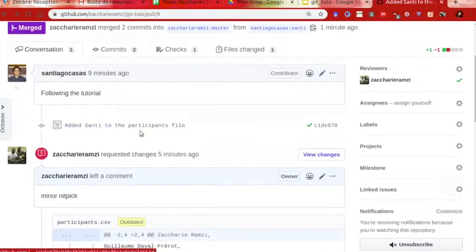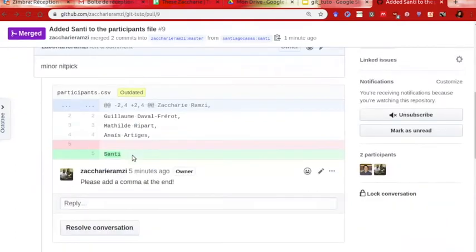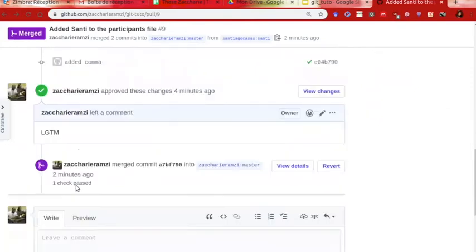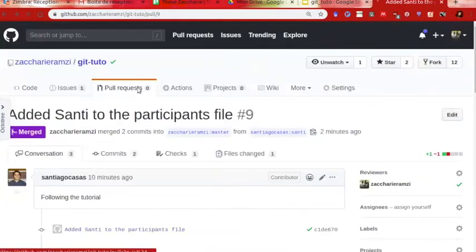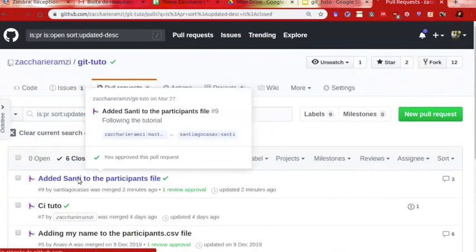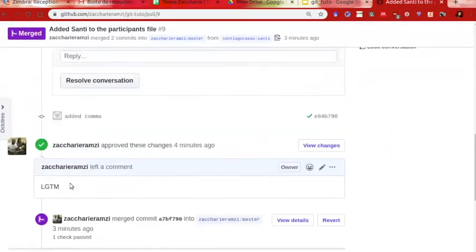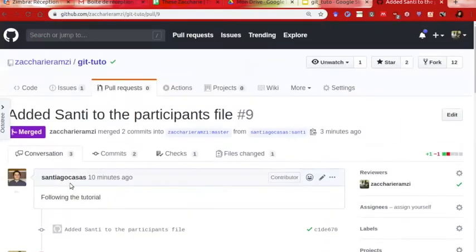Just as a reminder, the first thing I did was to request changes on Santi's PR. It was a very minor nitpick, and it was just for the sake of it. And I wanted to introduce the squash and merge. So there is basically a button. So maybe if there is another pull request coming, I can show you at some point. But basically, there is a button that allows me to squash and merge a pull request instead of just merging it. And it allows you to have a single commit associated to a pull request. And you can see that in your